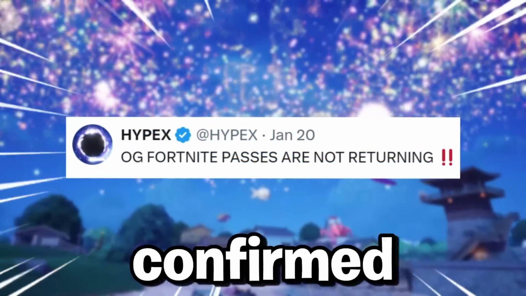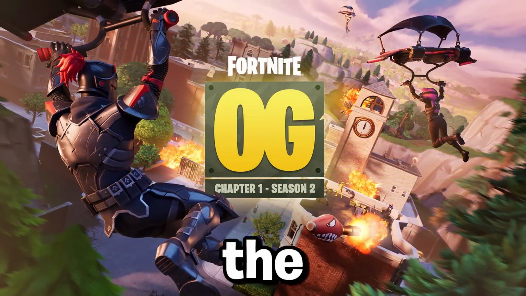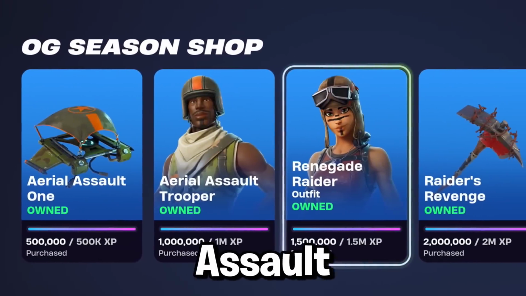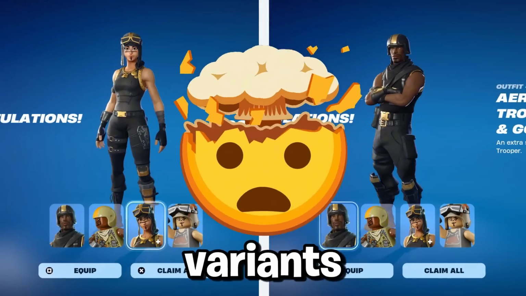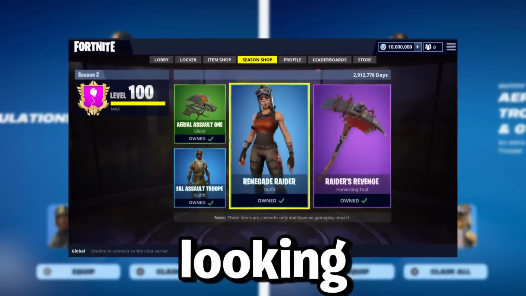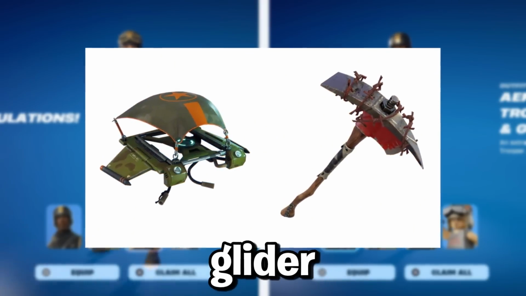but Battle Pass is confirmed to not be returning the exact ones, as it was immediately confirmed with the reveal of this key art that we're getting remix versions of them instead of the previous ones, like we had the Renegade Raider and Aerial Assault Trooper return to the Season Shop, which for those that don't know have their OG variants actually in the files right now, looking like this for people who initially purchased them back in 2017. Season Shop looking like this. Sadly, the OG variants of the Raider's Revenge or Aerial Assault One glider haven't been revealed